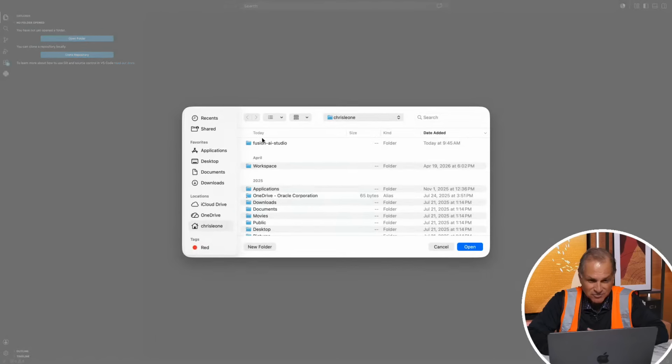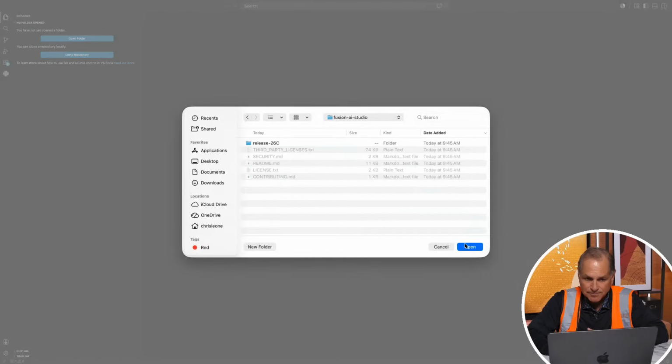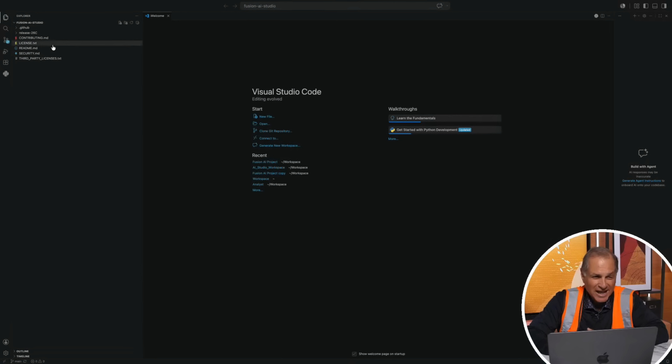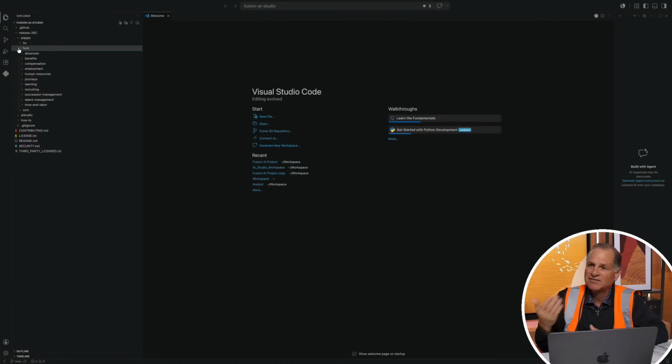Hopefully, I'm in the right space, and it's right here. And I've grabbed that directory, and it is available now. I've cloned it, and all of the same apps are available here. And these will be used as sample apps for you when you are building the system. It has business objects built in. All of this is available here. And you can manage your folder structure how you want. You can use this folder structure. You can copy folders. You can copy it into the application areas and examples into another folder,